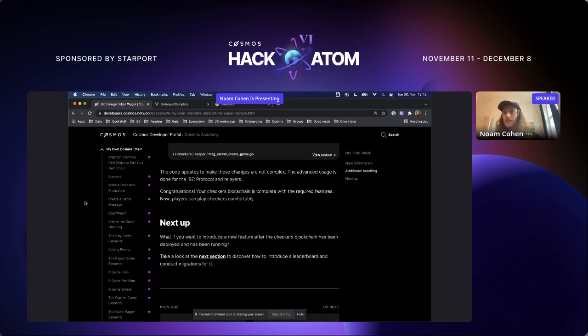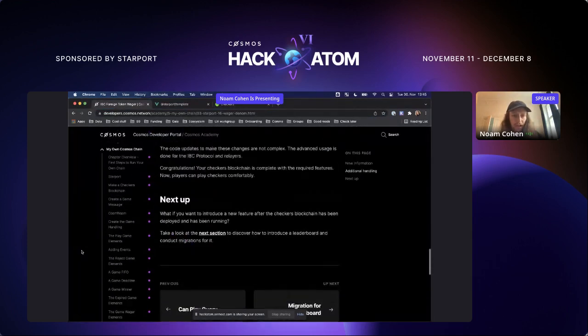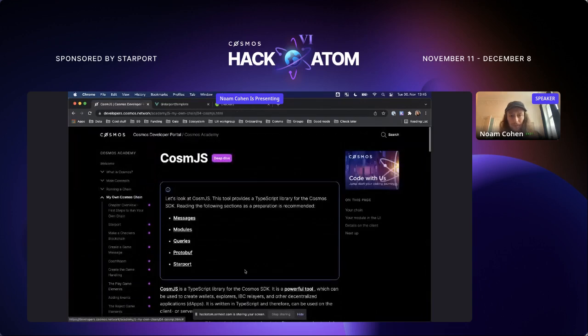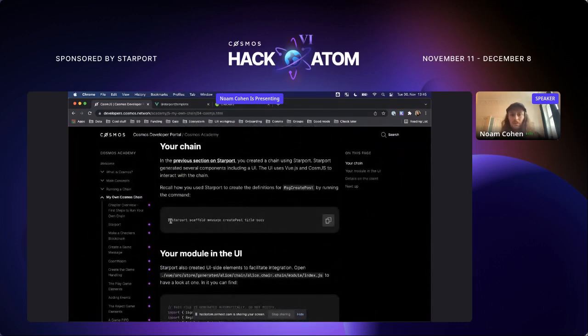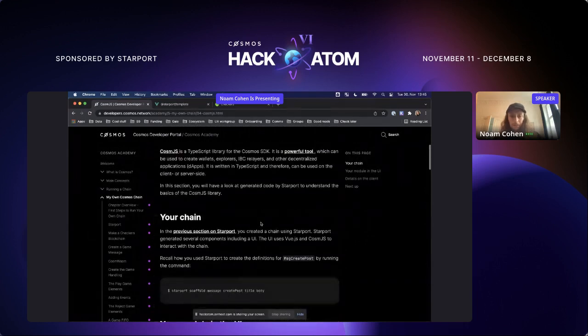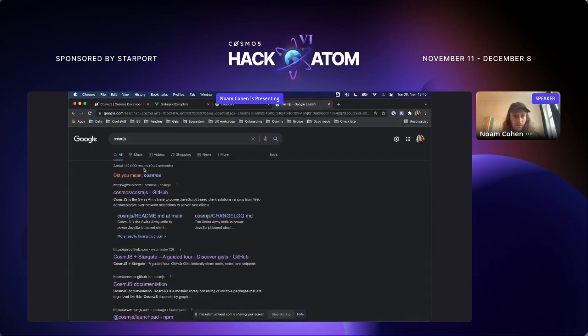To generate the JavaScript client with no view specific, this is possible. You would need to look into Cosmos.js. Actually, we have a little page here, should be here, Cosmos.js. This is very limited right now. It just tells you what Starport is doing a little bit, and it goes overview. But if you just type in Cosmos.js, you go to the GitHub,